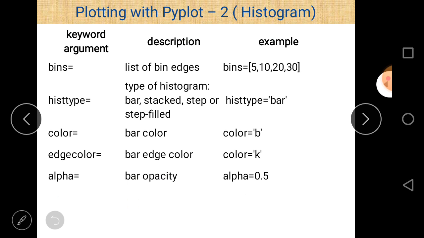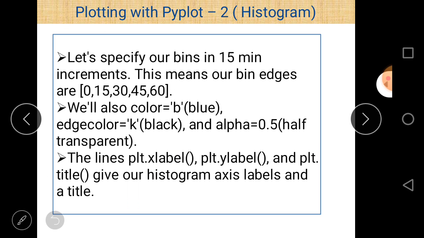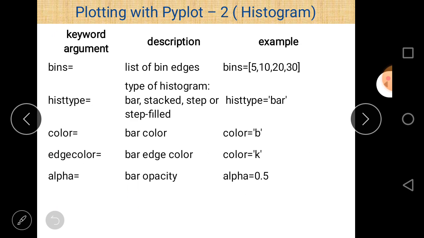And last is alpha, which basically represents opacity. If you want to show data lighter than the actual data, then you can use alpha. A value of alpha 0.5 means 50% of the original one. So these are the different attributes, and you can use all of them in a single program, or you can take them one by one.